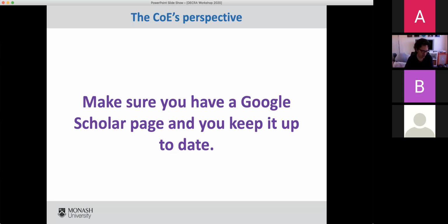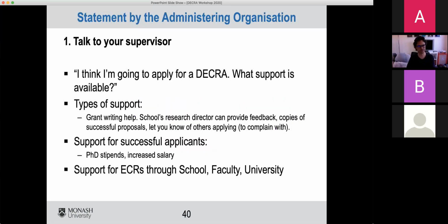If a college member, or probably less an assessor, but if a college member has got someone that they think has promise, but they want to know what they've been up to, they can go and see if this work that they talked about as unpublished has appeared in the last 6 months since they've submitted the grant. So keep your Google Scholar page and curate it so that it's accurate. Okay.